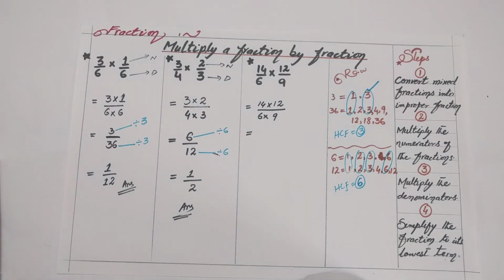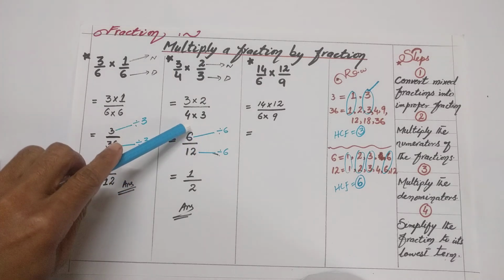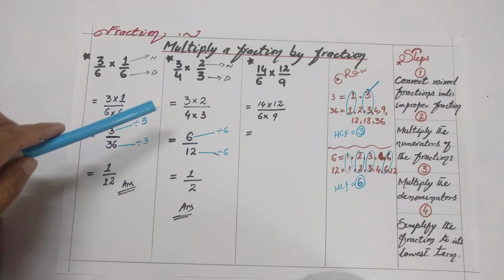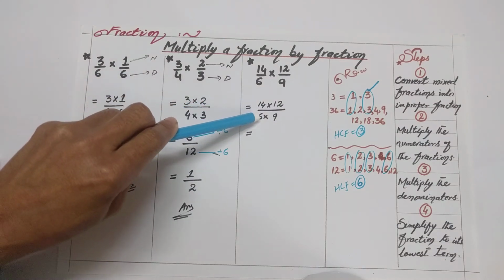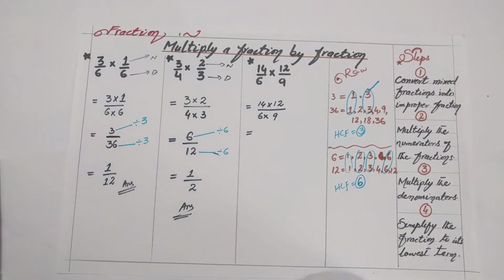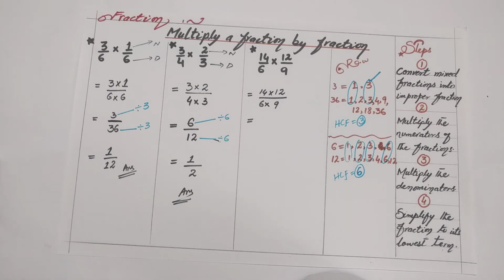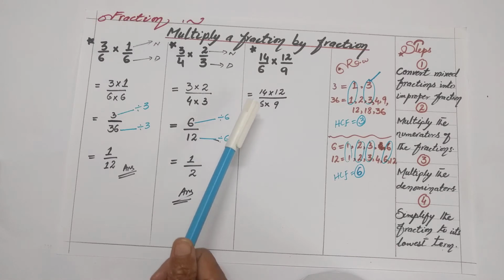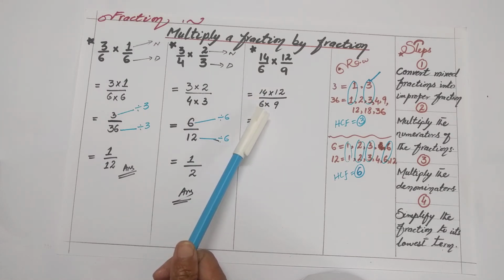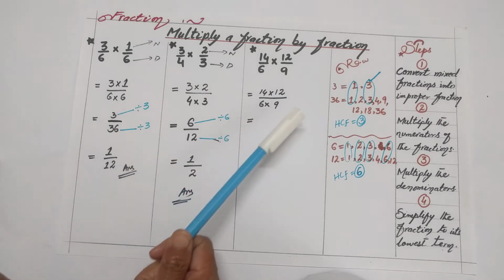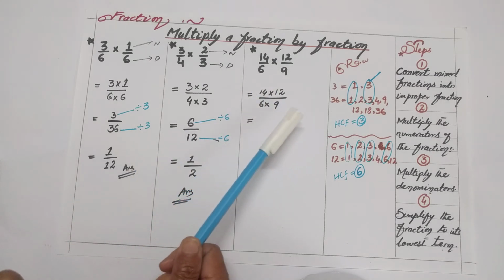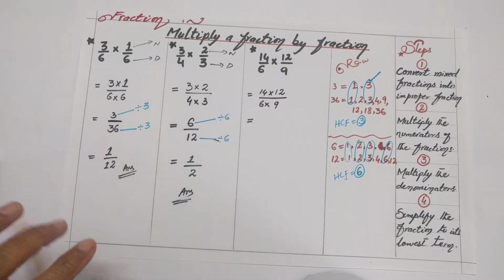So to avoid the lengthy process, there is a shortcut method that is different from this one. You can also check the common factor of the numerator and denominator over here. So we have to check, is there any common factor of the numerator and denominator? You can also follow this method, that you can directly check the common factor of the numerator and denominator over here.